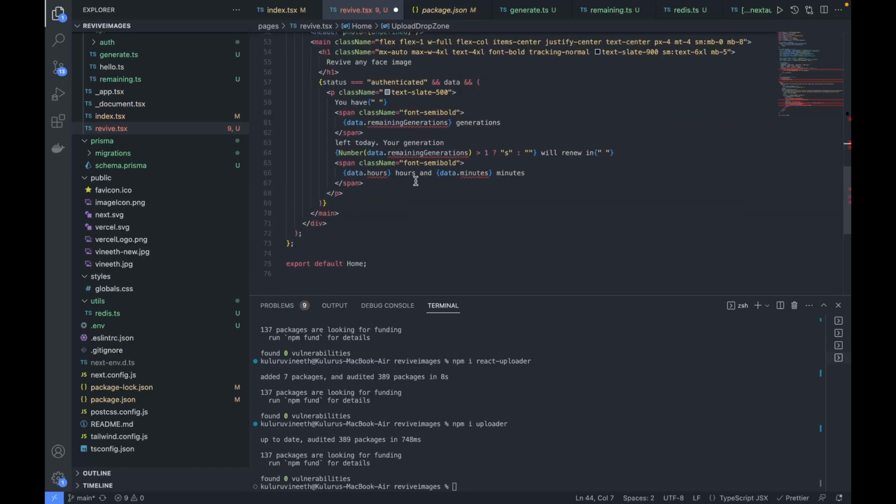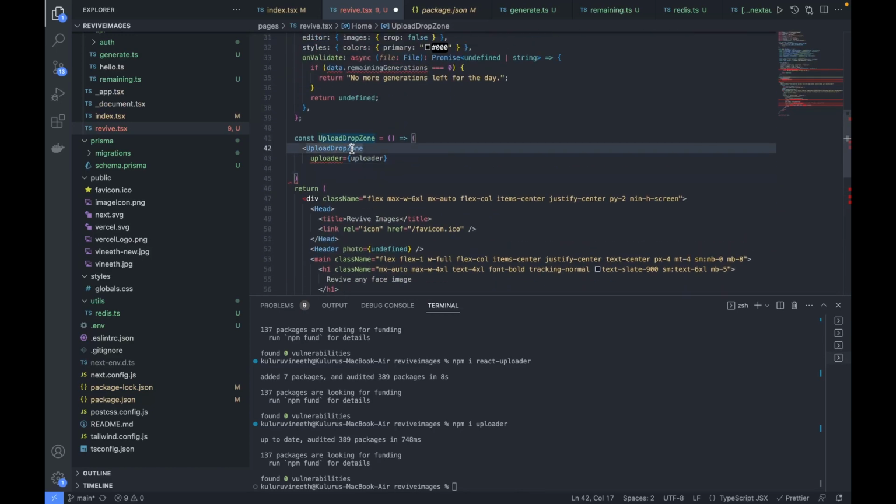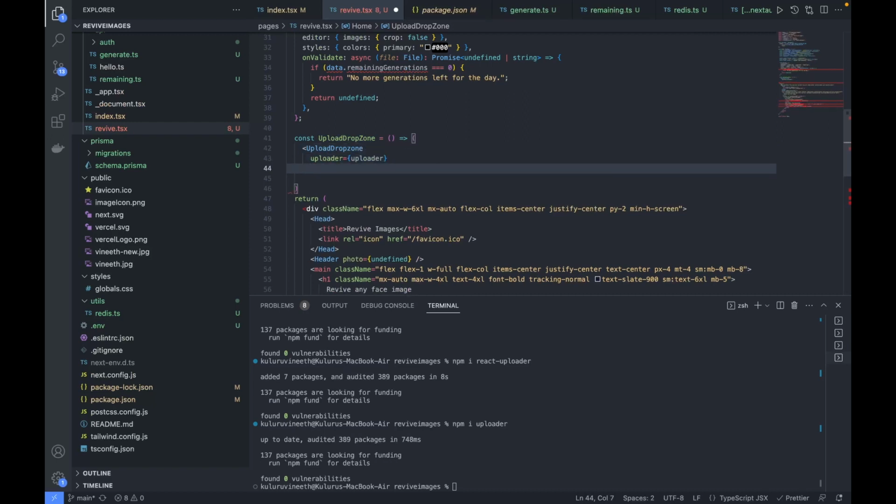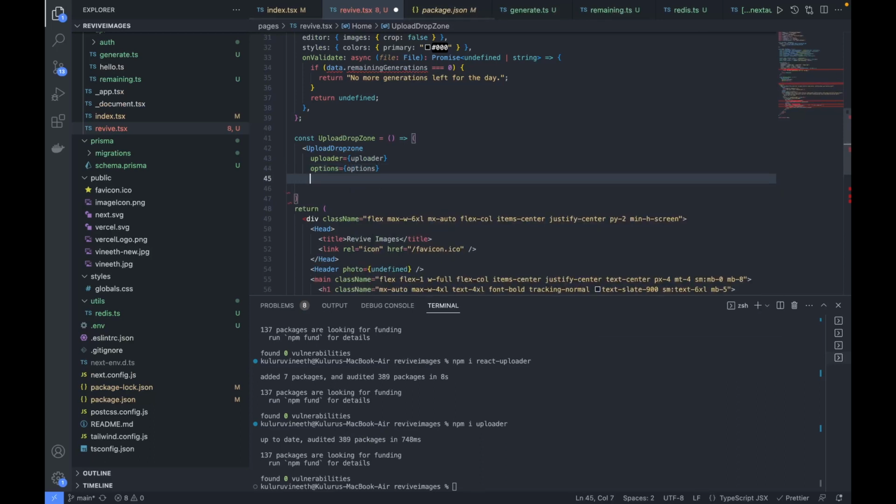Sorry, it has to be a small z. Then after this the options which we have just created, and then the onUpdate